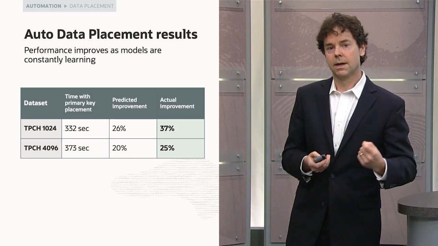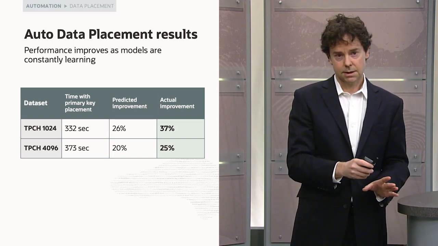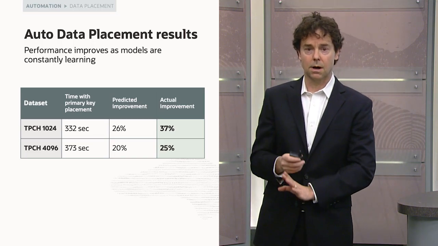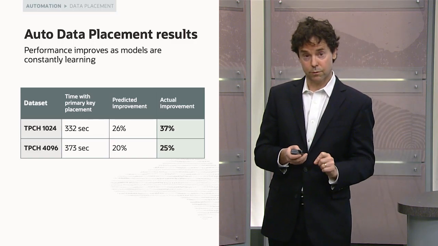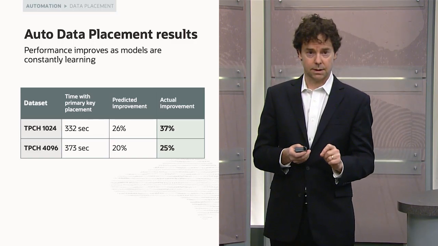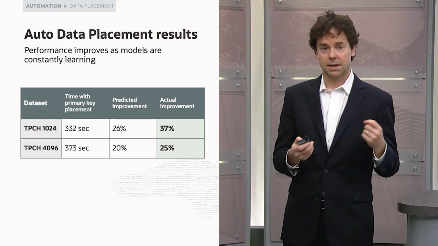So here we have TPC-H. We're comparing TPC-H partitioning based on keys versus partitioning based on the advice from MySQL Autopilot. And you see a dramatic improvement, 37% and 25%. Dramatic improvements in performance achieved by just running MySQL Autopilot to get advice. Now, not only are you going to get better runtime, but think about all the time that you or your DBA spend trying to tune and optimize data placement. Instead, you could just let MySQL Autopilot do it for you.